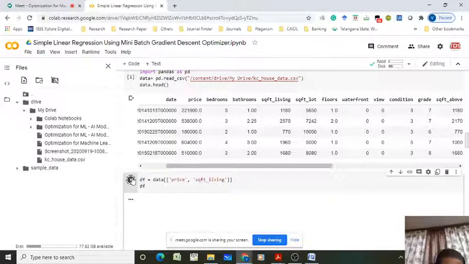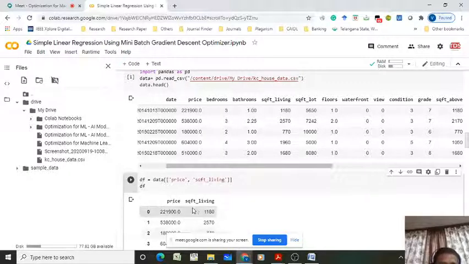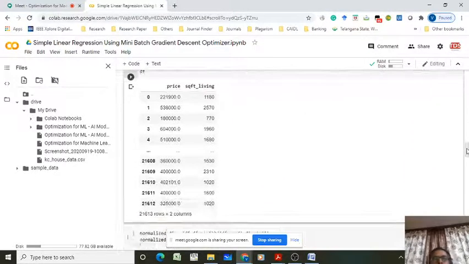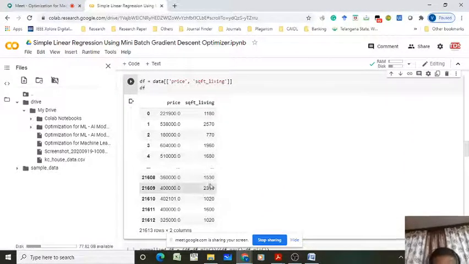See, only two: the 0th index is the price, the first index is the square feet living. I am not working on the complete data set, only on two columns, because I am working on the simple linear regression model, one input and one output. Here square feet living is the input. Based on this input I want to predict the price, right?